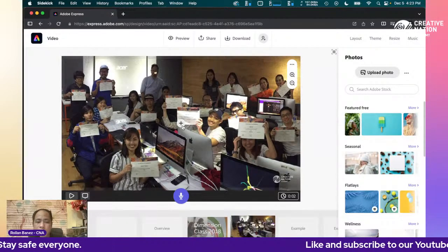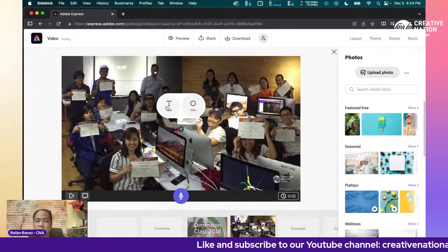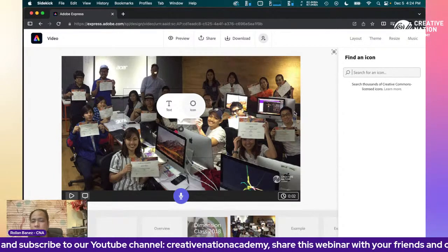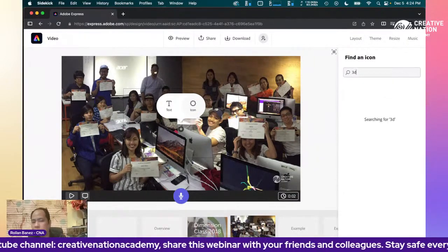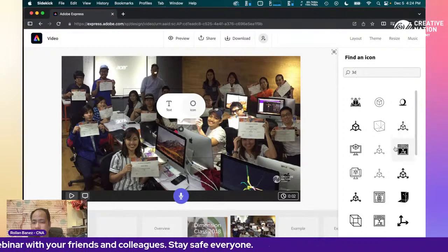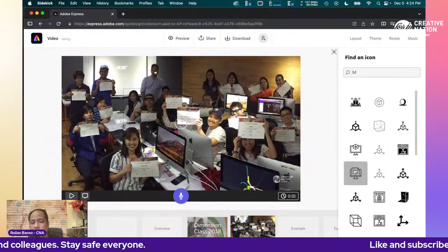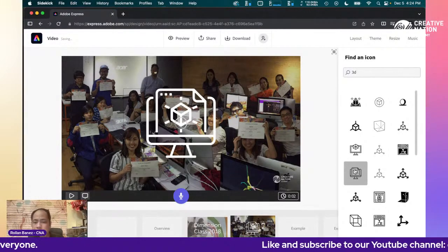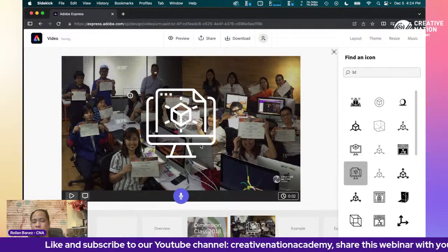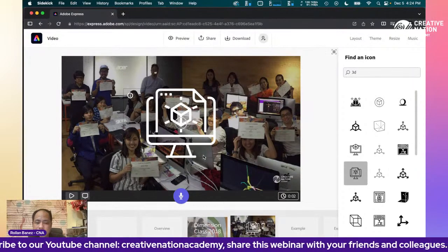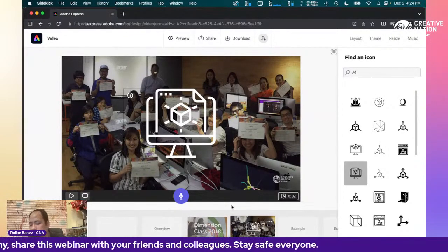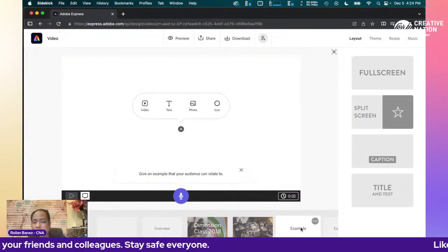And if I click again on the plus button, this will enable you to add icons or even text again. In my case, let's just click on the icon here and add some icons. So for example, let's try to add a 3D icon. I hope we have something here. For example, let's say this one. So let's click on that. This will enable me to be more symbolic on what I'm trying to put on these slides. Okay, so that's how you can easily create or insert videos, photos, or you can definitely add more